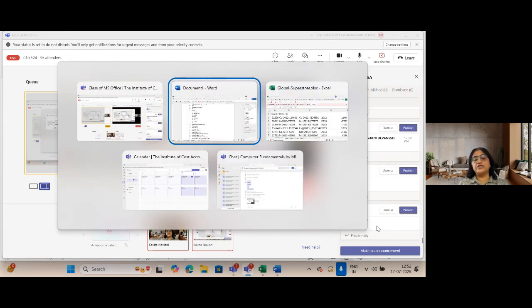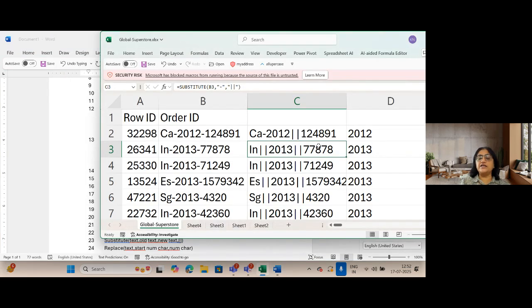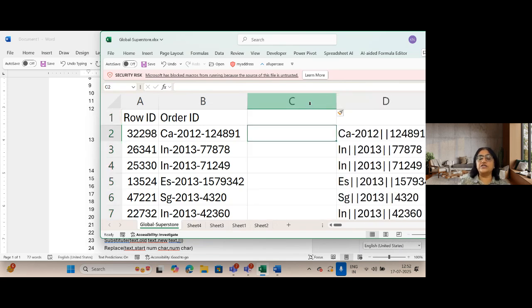What will be the difference between substitute and replace? Substitute will ask for the old text, but replace will ask the start num chars. Now please check. अब मुझे यहाँ पे replace यूज करना है इसकी जगह पे, तो कैसे होगा देखिए, equal to REPLACE. It is not asking कि old text क्या करना है, ये पूछ रहा है कहां से remove करना है, तो मुझे थर्ड से remove करना है. कितने remove करना है? 1, है ना. और नया कुछ नहीं डालना है, तो ये optional नहीं है, इसलिए कॉमा लगाना पड़ेगा. See,